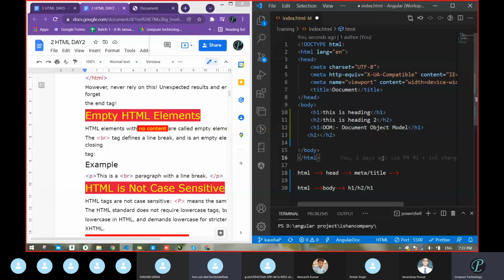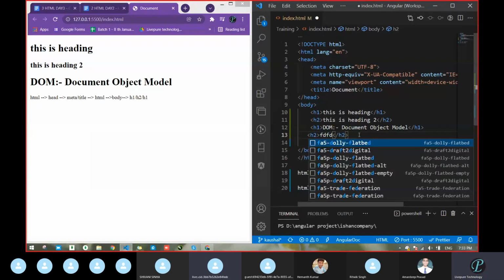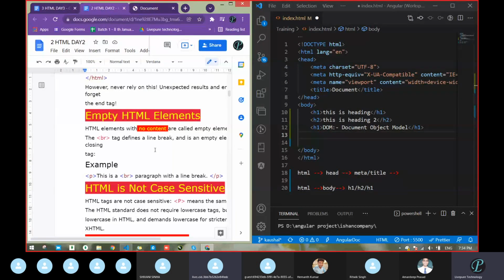If you want to see the visualization, let's verify. Where is that document? Yeah. This is coming, basically, we had written at the bottom. So here nothing. Let me verify by writing some content here. See, with the help of Live Server, when you save this, it will auto load. No need to reload this page. Next, when we write the content, it is going to be visualized here. So that's why when we are not writing content, it is not going to do anything. But there are some tags which are known as empty tags, and those will make some sense. Which type of sense? Just see.